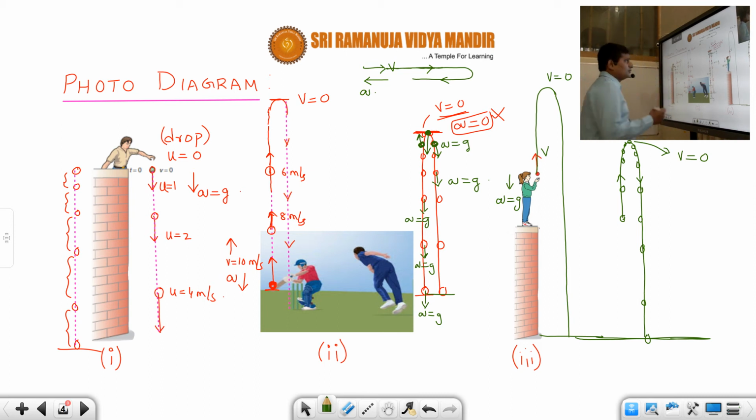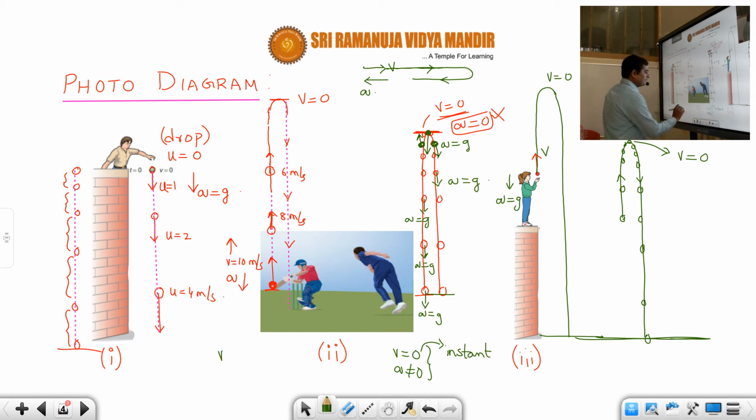Here we have to pay attention students. Here we are telling that the instantaneous speed is 0. It is not that the body is always at rest. I hope students you are catching the point. Here the velocity is 0 instantaneously, and acceleration is not 0. Correct or not students? This is at an instant, just at the highest point.